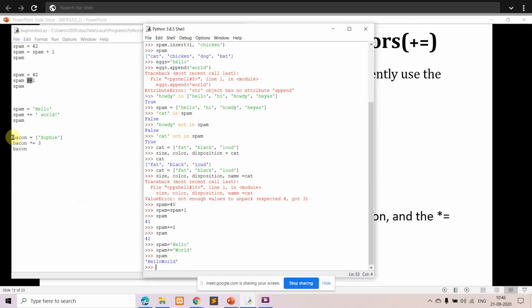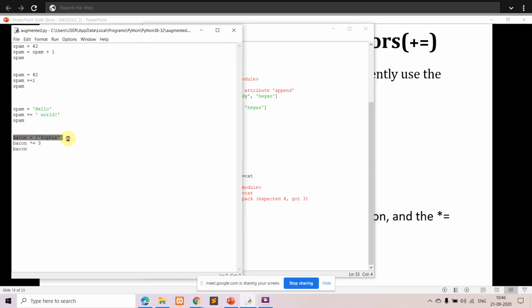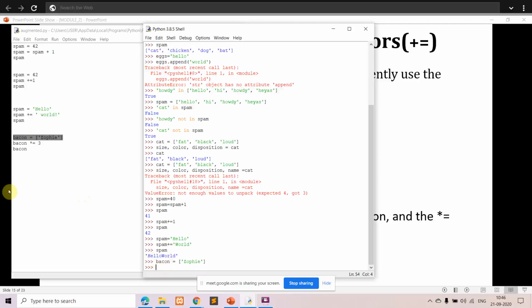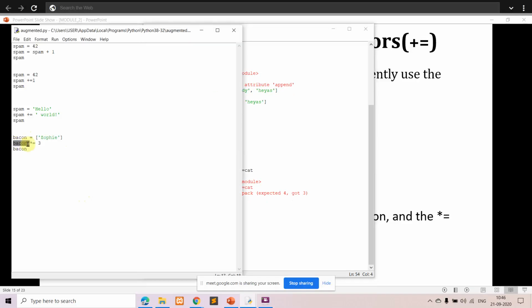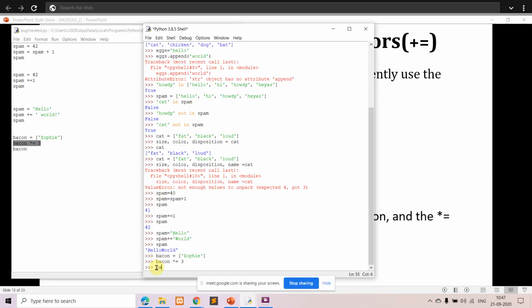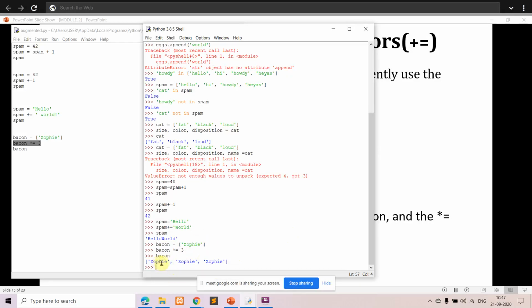Similarly, the next one we will see. I have bacon, and I will give the value as Zophie, and next bacon star equal to, now we are seeing the replication. Okay, so for replication you can use star equal to. So now when I check the value that is stored in bacon, then what should I get? I should get the replicated value. Okay, so you can see here Zophie is replicated. How many number of times?